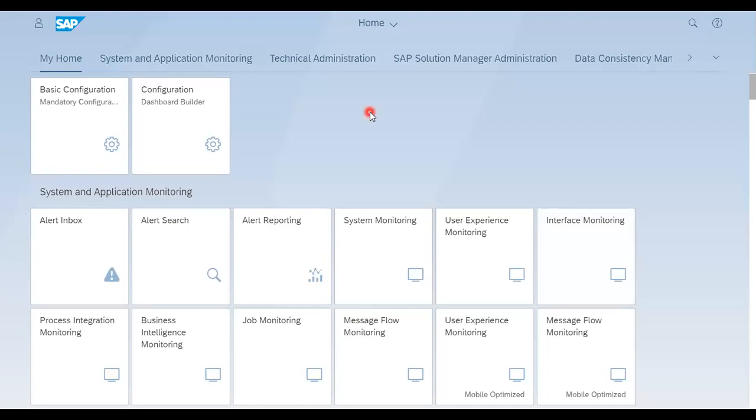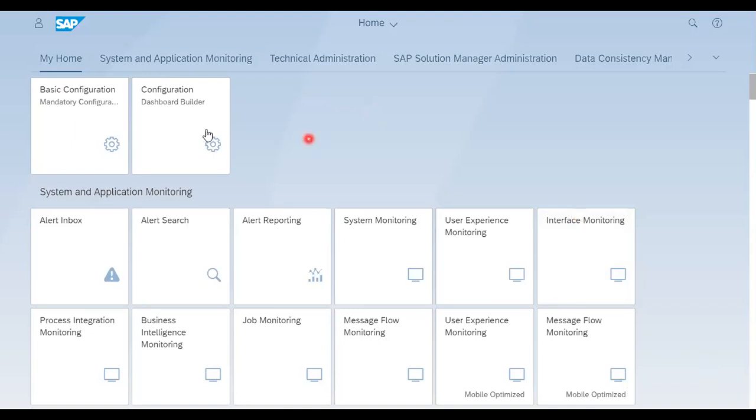And today we are going to cover system recommendations from Solution Manager. The system recommendation is nothing but the missing security notes and patches in your entire landscape in which SAP Solution Manager is installed and all systems are connected to Solution Manager. So today we'll start with how the system recommendations come and what are the options available in the tile and how we can use that functionality.